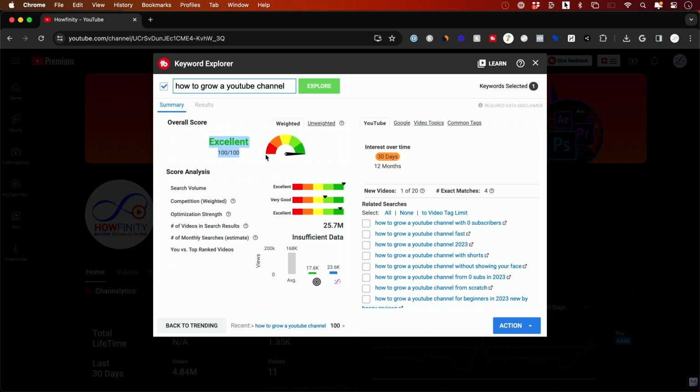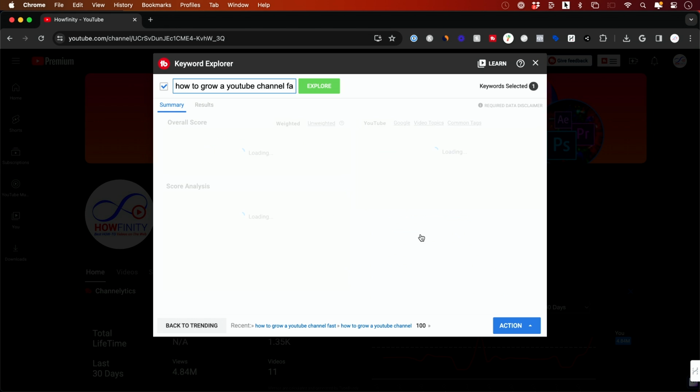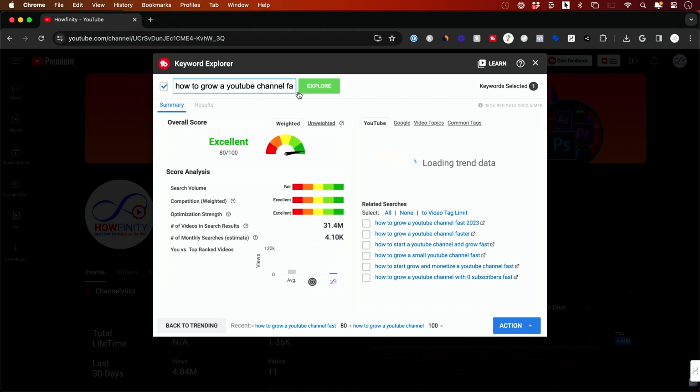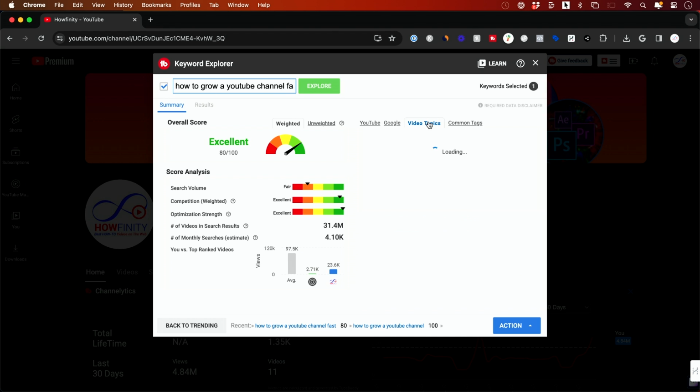But sometimes it will show you a poor chance here, and you'll see other options here that you could just click on to get a better idea. And you'll see if you have a better chance or worse chance here for showing up in search. This is for search. There's other ways to get discovered on YouTube. I love search. This is how I've grown this channel to almost 1 million subscribers. So that's typically what I suggest. And you can see video